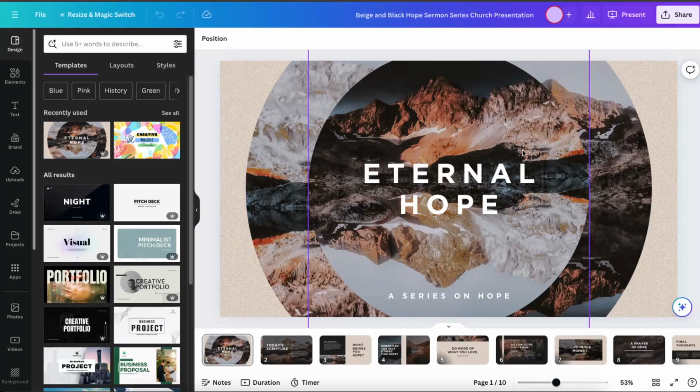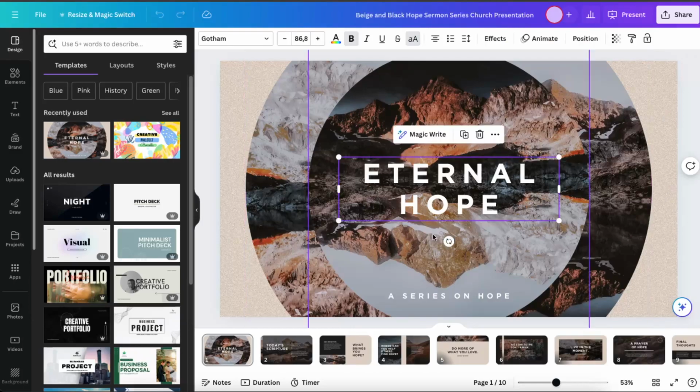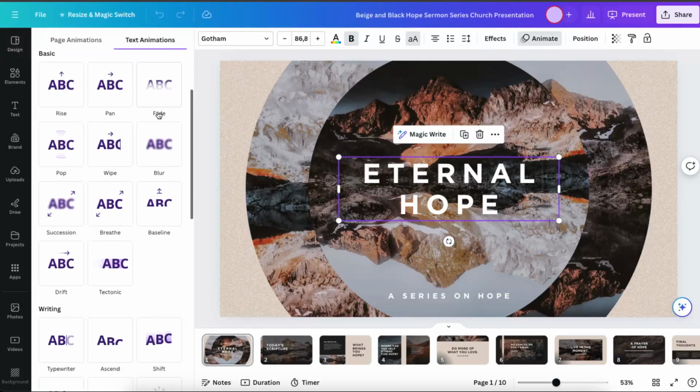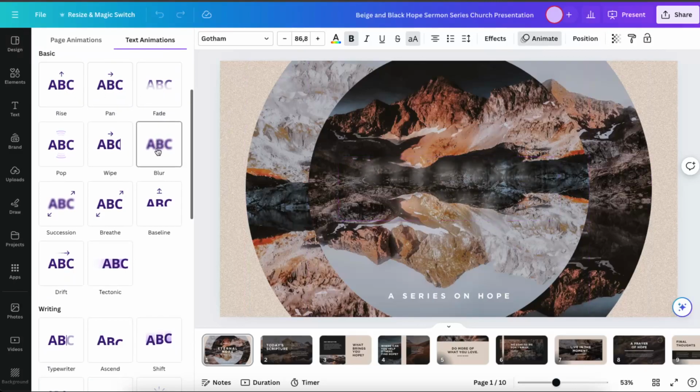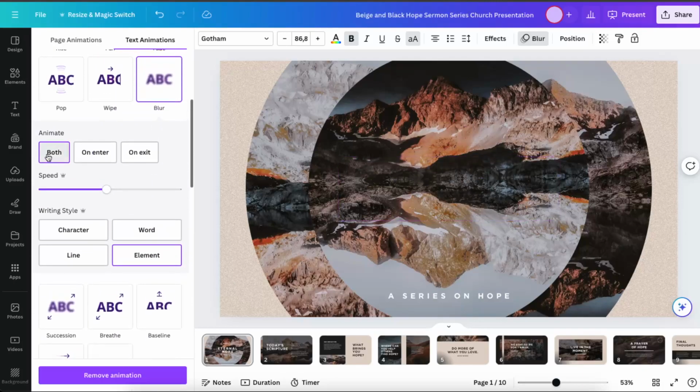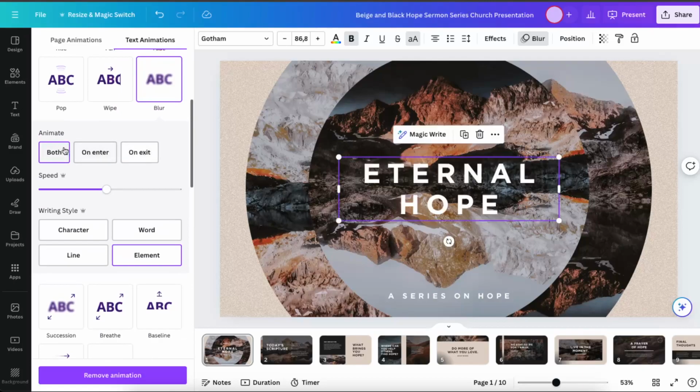So first of all, let's start with the basic ones. For example, when you go on this title, you're going to click Animate, and here are some text animations, as you can see, like rise, pan, fade, blur. So for example, let's use blur. Now you can choose when it starts, on the enter, on the exit, or both. You can choose the speed,